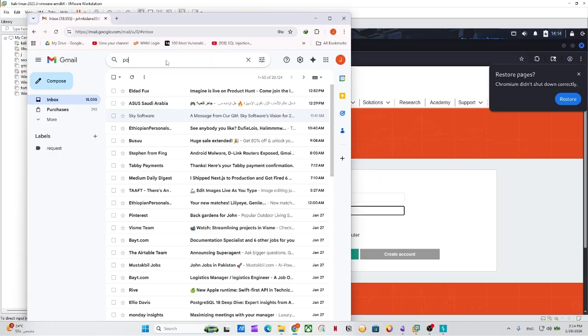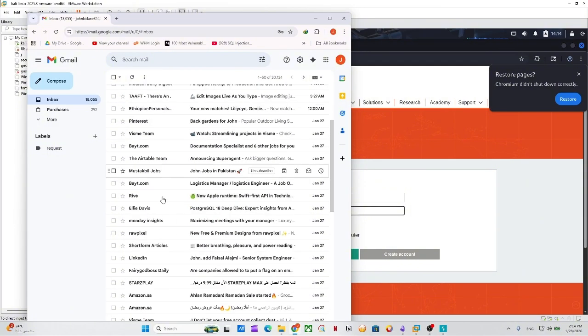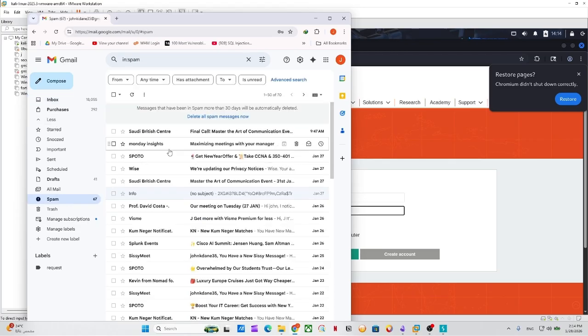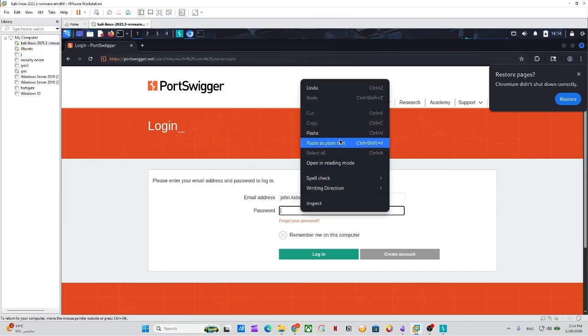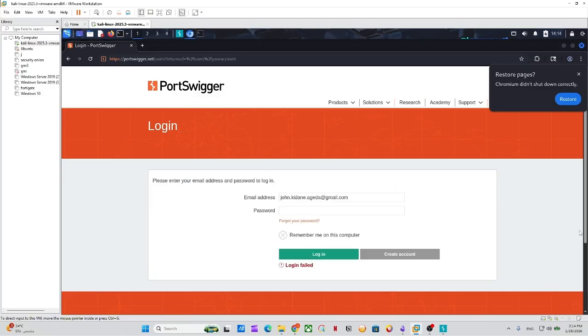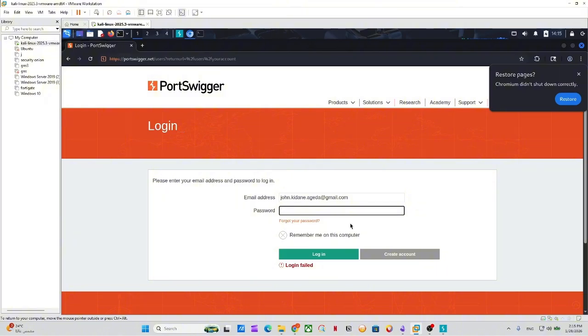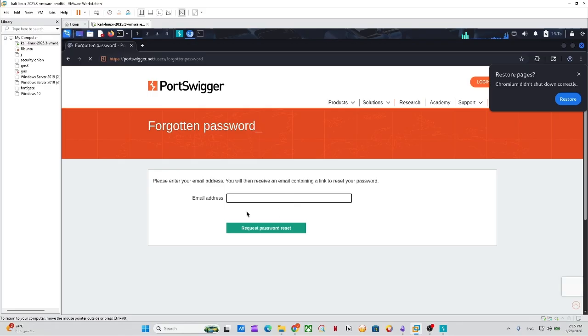I shared it yesterday. Let's see PortSwigger password. Okay. I shared it from, maybe it's Pub. Yeah, this is the one. So I'm going to paste it here. Login failed. Let's see. Okay, I'm just going to say forgot password here, and the email is